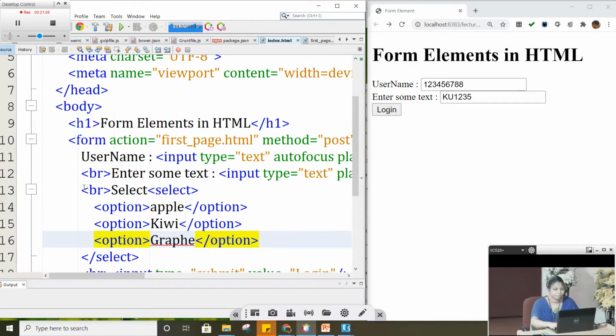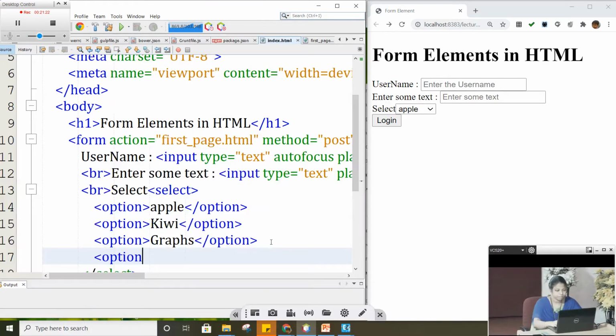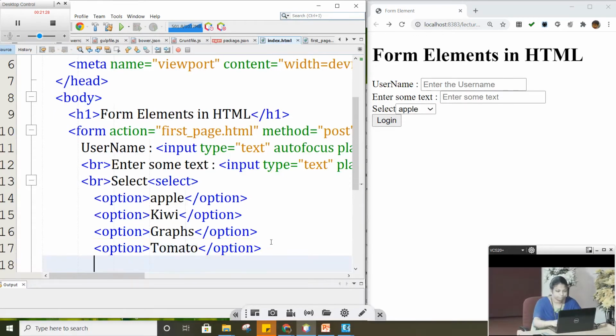So some options we have given. Immediately you can see the drop down list: apple, kiwi, grapes are there. Let us give some vegetables as well. Option. Let me give tomato. And also let us add one more thing, potato.